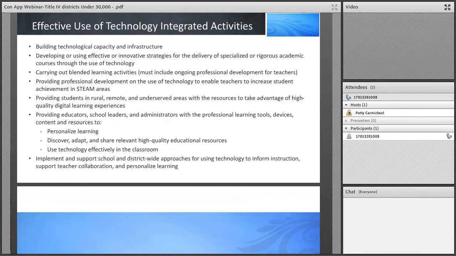Effective use of technology and integrated activities. This has been updated in the consolidated application and aligned to ESSA. This is not an exhaustive list, but a range of practices and ideas. Improving the use of technology can lead to the improvement of academic achievement and digital literacy for all students. When carefully designed and thoughtfully applied, technology can amplify and expand the impact of effective practices supporting student learning, engaged community, fostering safe and healthy learning environments, and enable well-rounded educational opportunities.